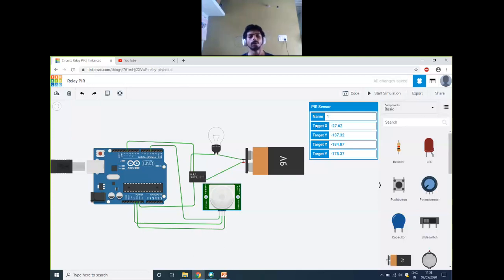Even though you don't have all the hardware things, you can at least 70% work in Tinkercad itself to get a lot of applications. So you can work on this and you can get different scenarios and you can work on different platforms. You can get different projects here itself.